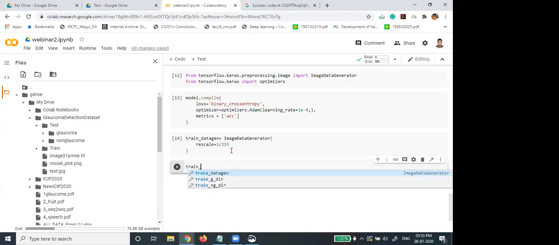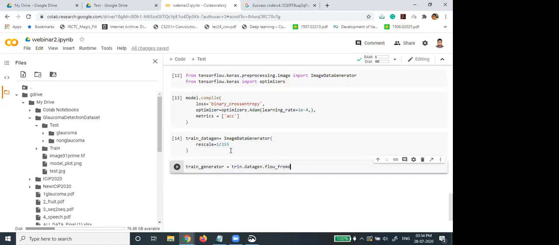Then train data dot flow from directory.